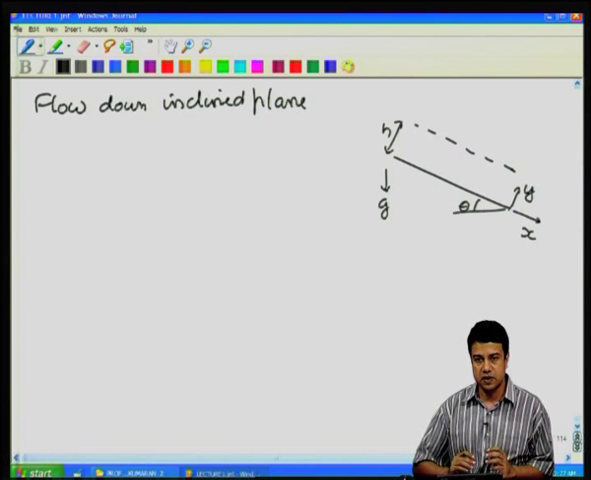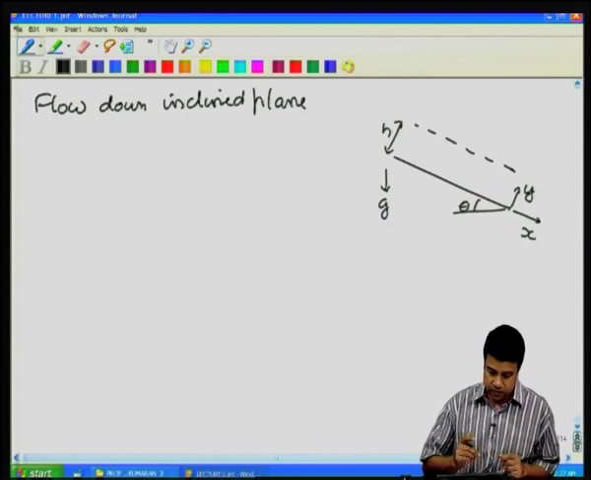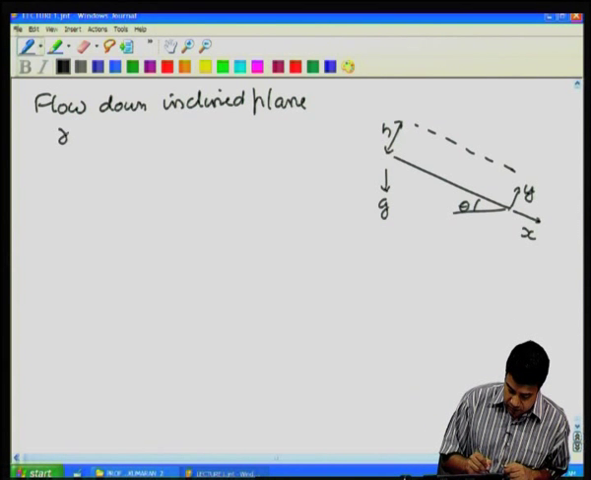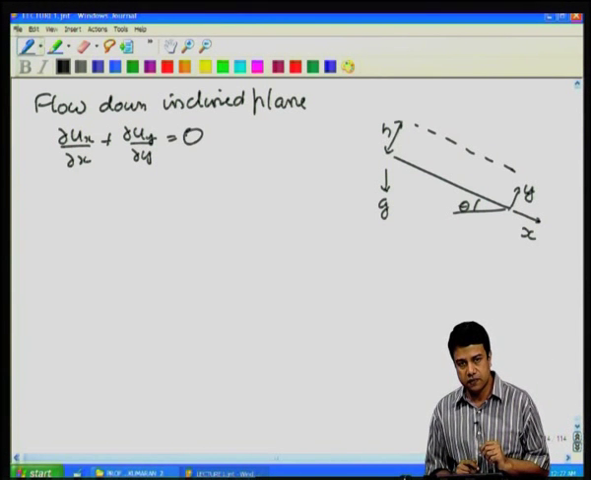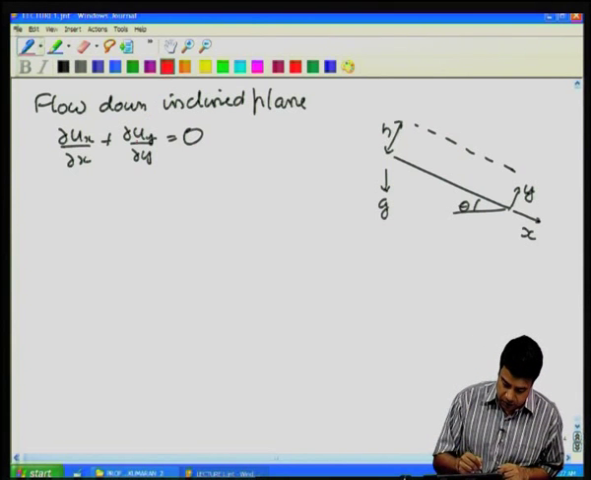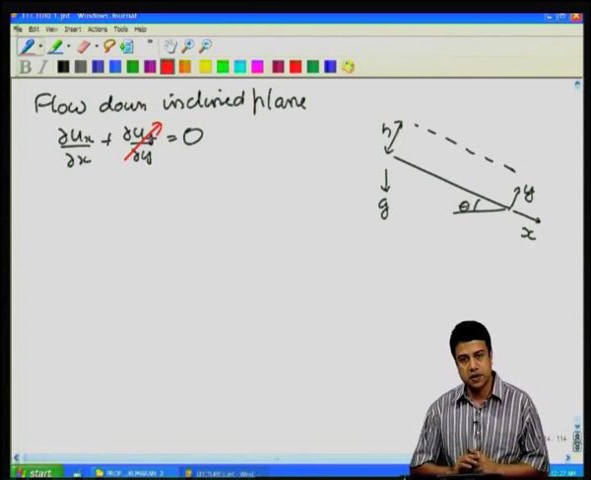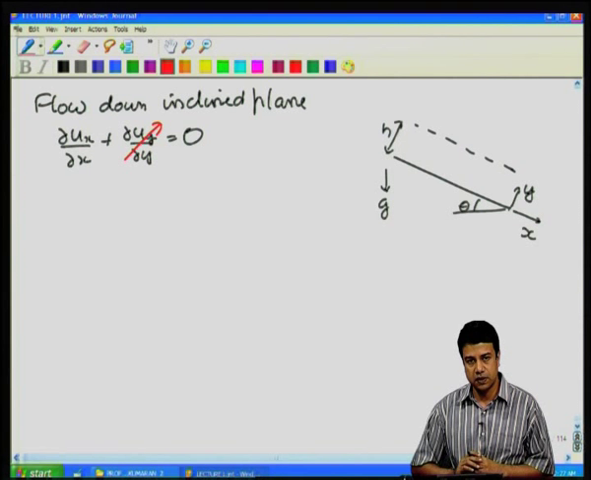We assume that the length is sufficiently long that it has reached a fully developed flow, in which case my mass conservation equation, partial u x by partial x plus partial u y by partial y, is equal to 0. If it is a unidirectional flow, then u y is equal to 0, and therefore, I just get u x is independent of x. Okay. Now, in my momentum conservation equations for the x and y directions,